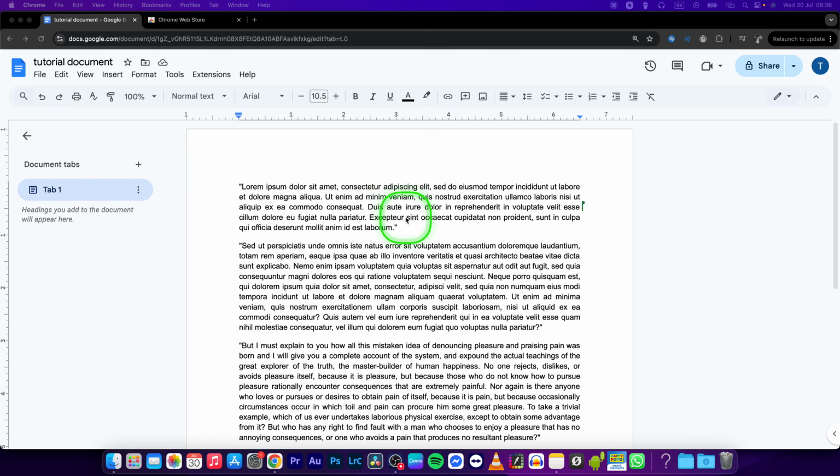Hey guys, my name is Elijah, and in this tutorial I will show you how to enable dark mode on